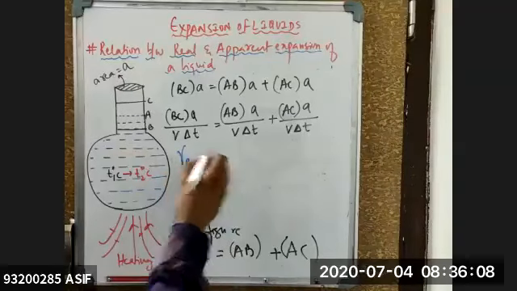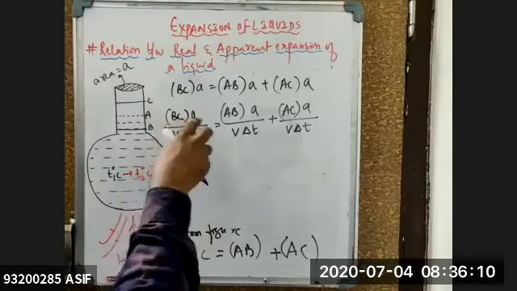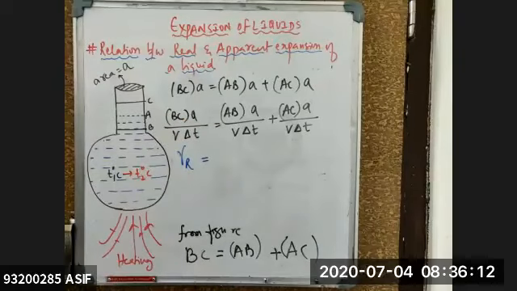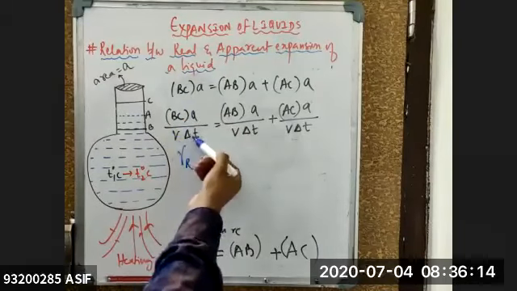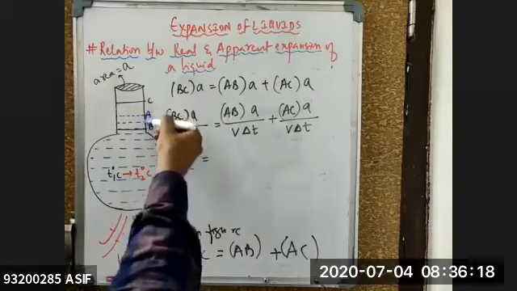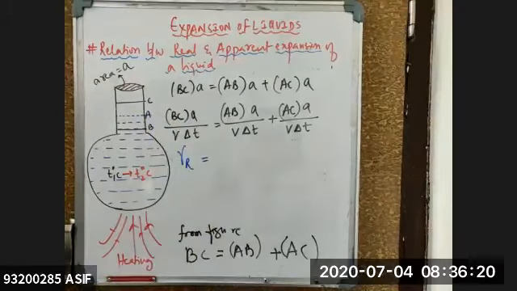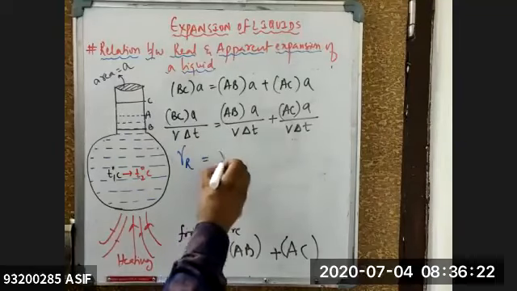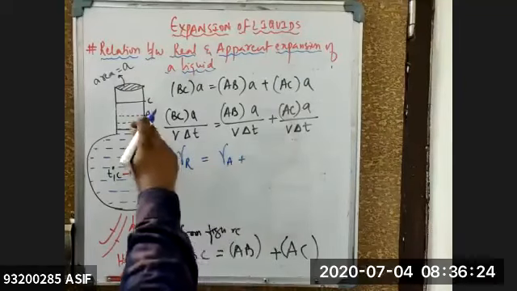Coefficient of real expansion, gamma R, is equal to BC into A, which is nothing but the change in volume. Change in volume by original volume into delta T will be equal to gamma R. A to B is nothing but the expansion in your vessel. So that is nothing but apparent expansion, plus A to C is nothing but